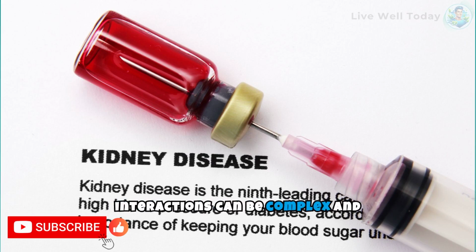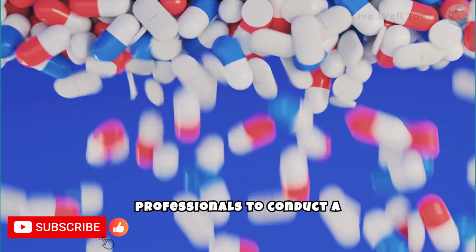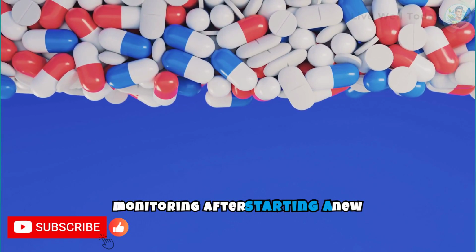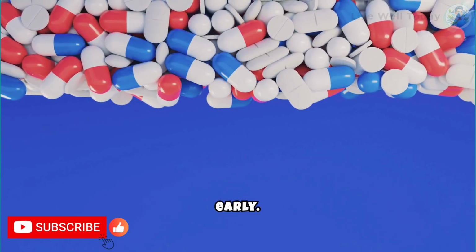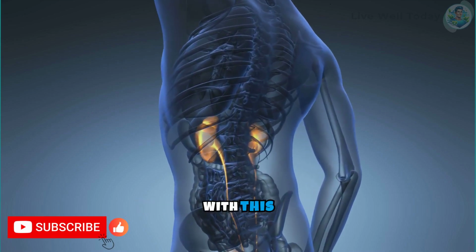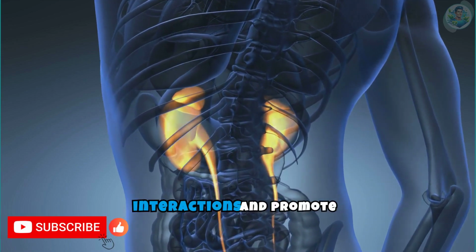These interactions can be complex and vary depending on the patient's medical condition, medication dosage, and the presence of other health conditions. It is essential, therefore, for healthcare professionals to conduct a thorough review of all medications and supplements the patient is taking before prescribing kidney treatments. Careful monitoring after starting a new medication is also crucial to detect any signs of harmful interactions early. Dosage adjustments or even medication substitution may be necessary to ensure patient safety and treatment effectiveness. With this proactive approach, doctors and patients can work together to minimize the risk of drug interactions and promote effective